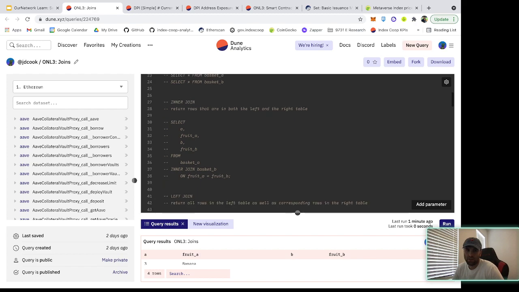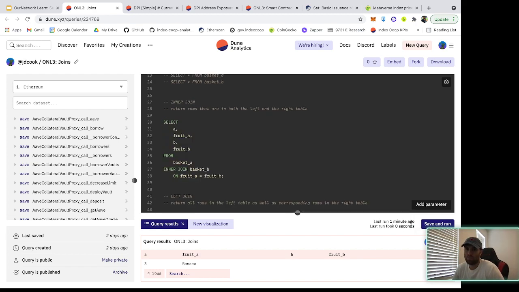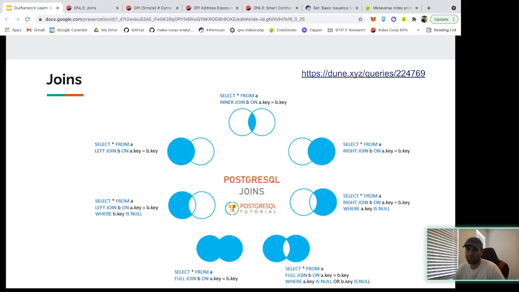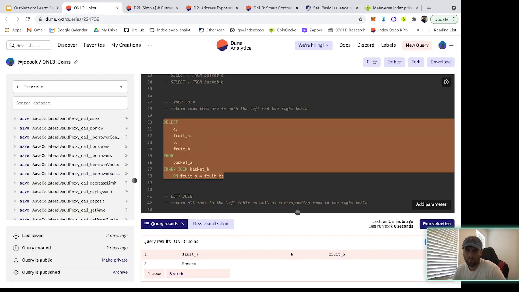So let's do this inner join first. An inner join returns rows that are both in the left and the right table. So that's the topmost Venn diagram here. So we're looking for the intersection of the two tables. So if we select everything from A and B inner joined on fruit A equals fruit B,